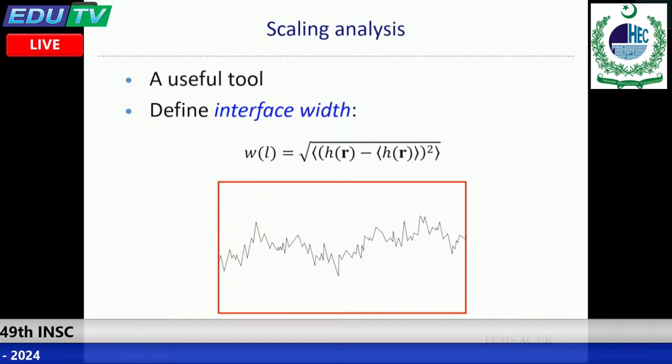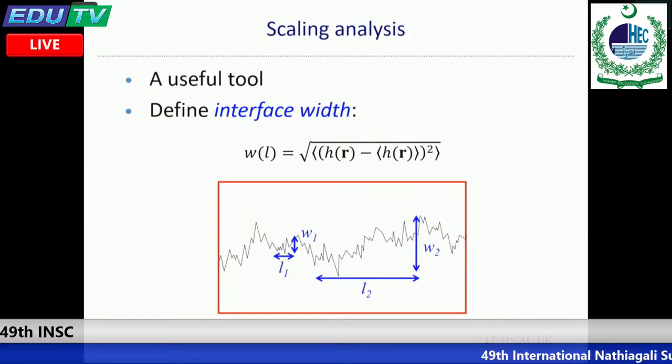If you look at a sort of cartoon of a rough surface here, if I now look on a small length scale, you will see that the interface width is actually really quite small. If I look on a larger length scale, it's larger. So what scaling analysis does is it presents in an easy form this information about how the roughness depends on